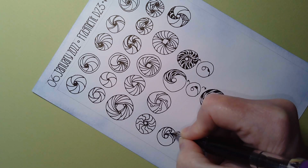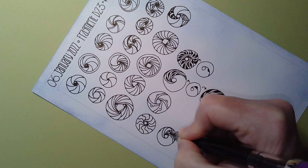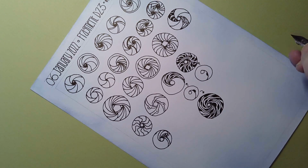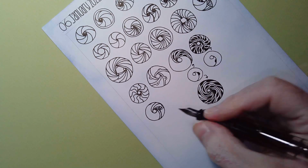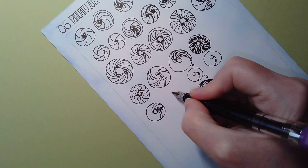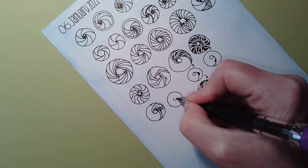I'll put a well in. As I get it the wrong way around there, but it's fine. So you could do something like that. It hasn't worked very well. I'm sure a better pattern could be thought of going in there, but also